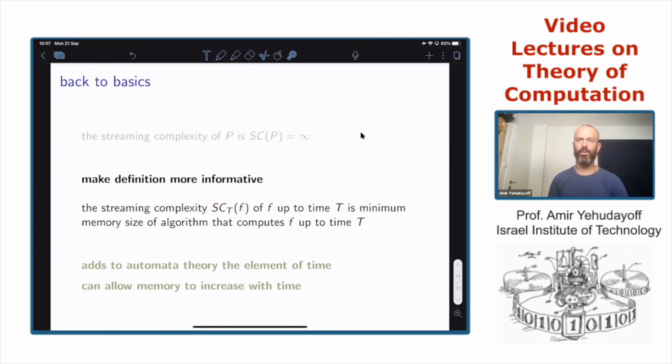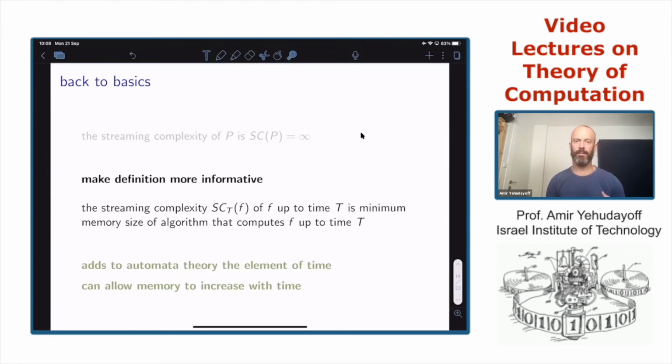In terms of the course, we added to the theory of finite automata the element of time, which was not present in the definitions of finite automata.